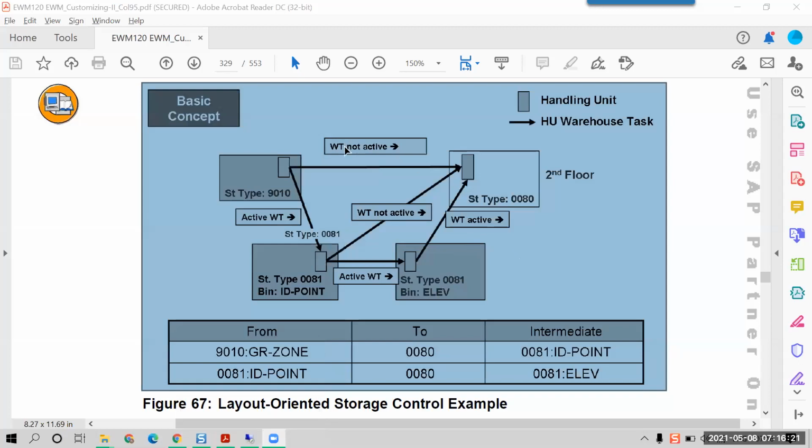So you can give n number of middle storage types, for example the ID point and elevator. You can also give elevator 1 and elevator 2 or any other storage type to achieve n number of middle points. Like from here to the ID point, to elevator 1, to another bin, to elevator 2, to the destination bin.